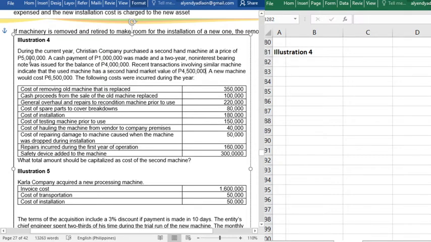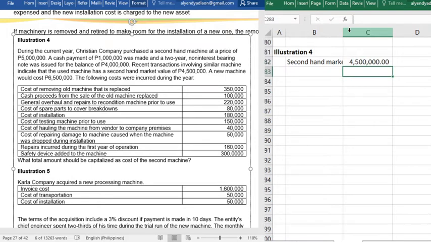There is a price of 5 million, but take note that this is the purchase price. But since there is a given second-hand market value, and the more reliable measurement is the fair value, or the market value, then of course we have to use the second-hand market value. Why again? Because it is stated in the standard that we have to record the property, plant, and equipment at its fair value. Now, the second-hand market value that is given here is more reliable than the purchase price